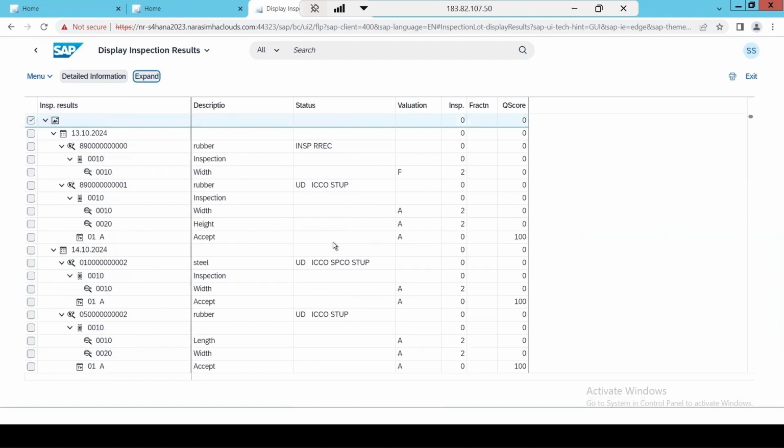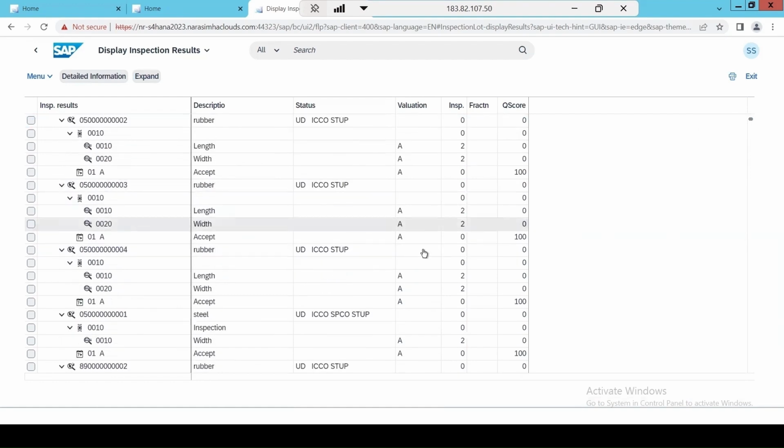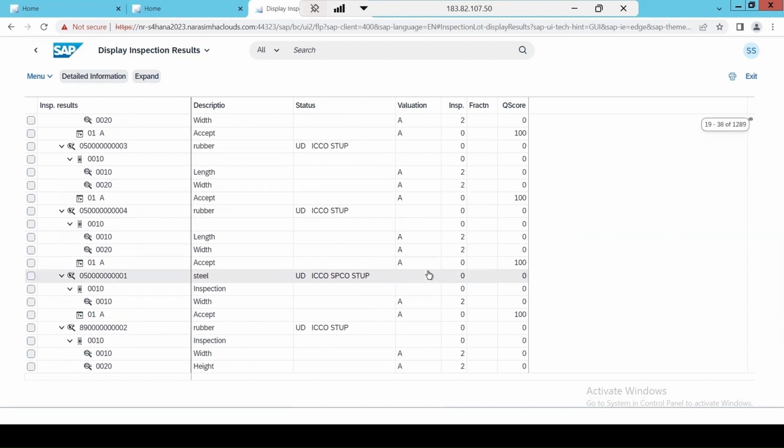MICs which are tested. Okay, what is the material? What is the current status of this particular inspection lot? Whether the UD has been done or not? What is the valuation for it? How many are inspected? If we select this one, suppose,